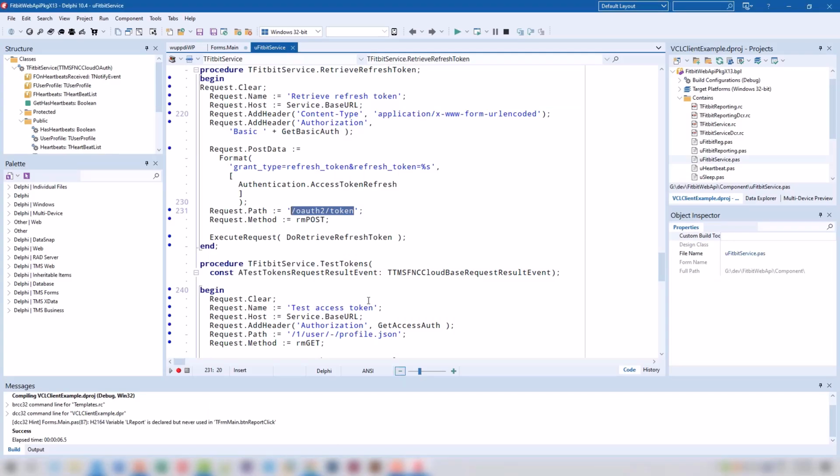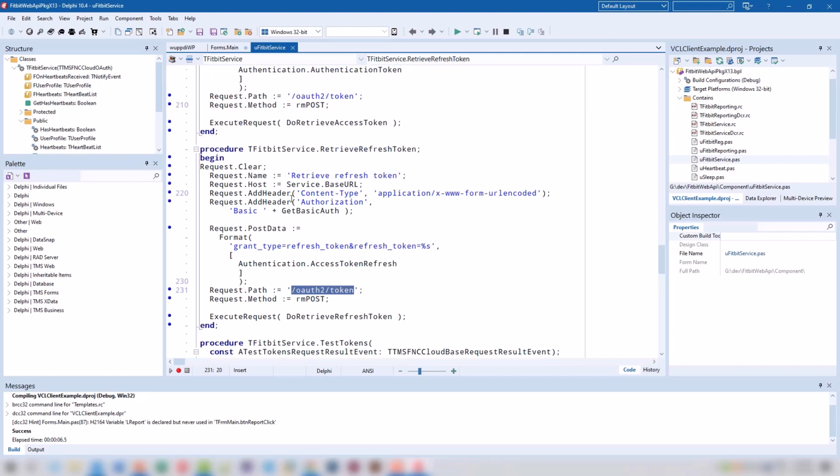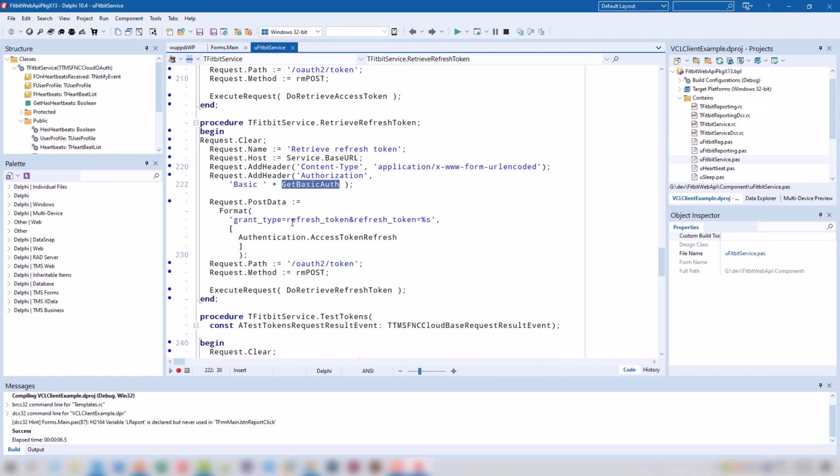And in Delphi, this looks like this. In order to retrieve the refresh token, we build the request exactly as I just said: content type, authorization, Basic, with the method that we wrote in the first part of the video, and then grant type, refresh token, and the refresh token is the access token refresh.